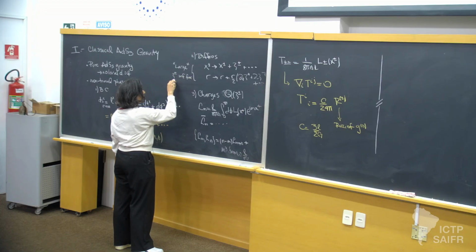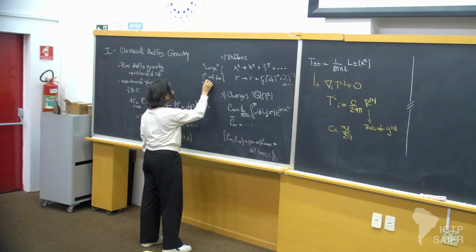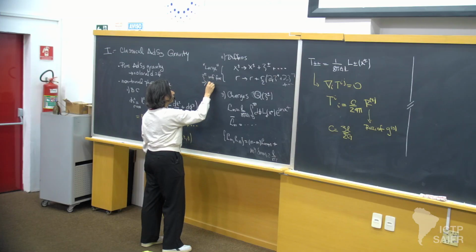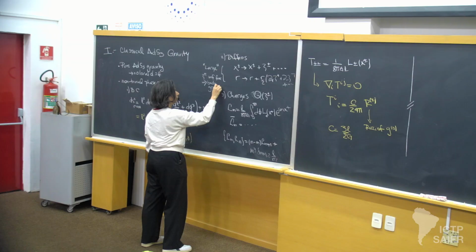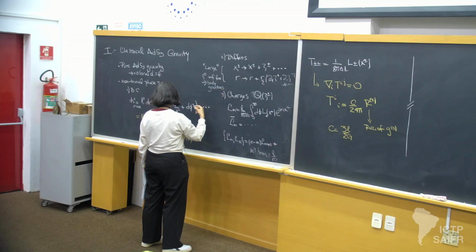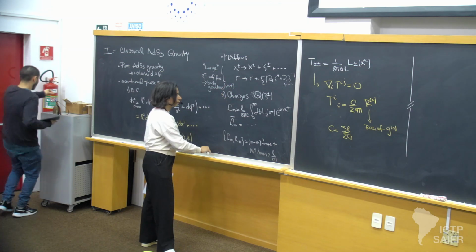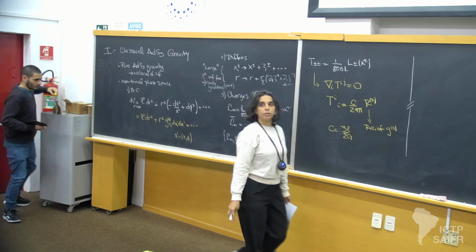And for this reason, in the jargon of 3D gravity, these are what are called the boundary gravitons, which are the perturbative solutions, the perturbative part of the spectrum. Okay? So now we're going to move into,